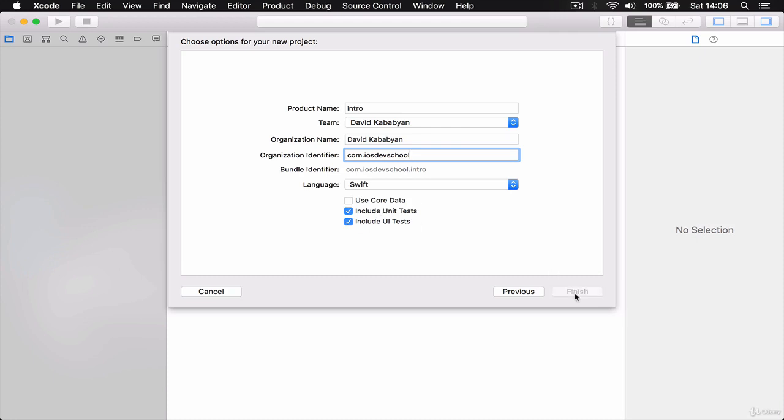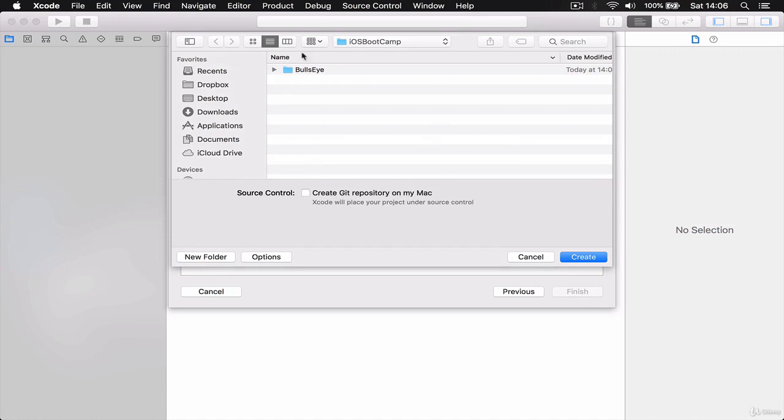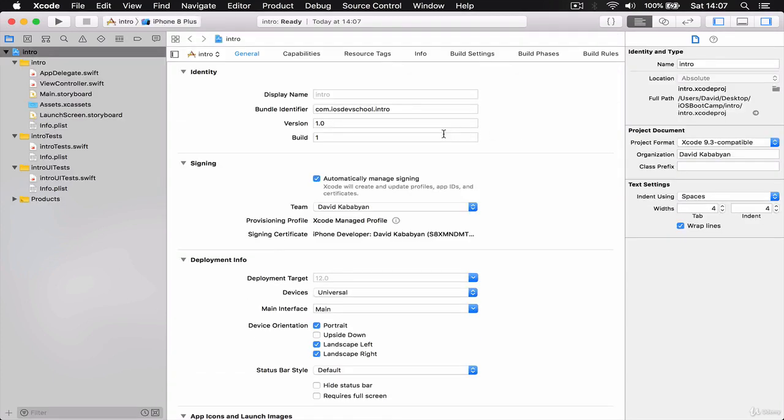So then click next, and it will ask where you are going to save your application. So what I have done, I have created an iOS Bootcamp folder on my desktop, and I'm going to save everything to my folder here. So you can either save it to your desktop or just create another folder where you are going to save all your projects, so it's easier for you to access. I'm going to click on create,